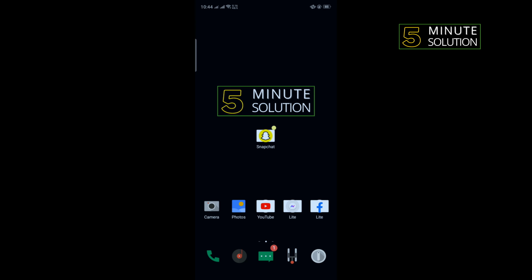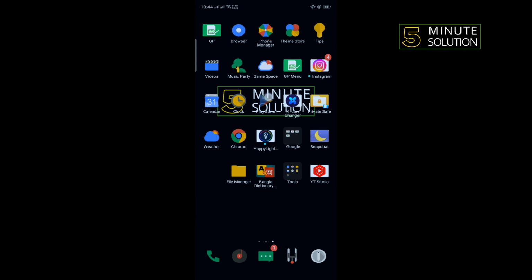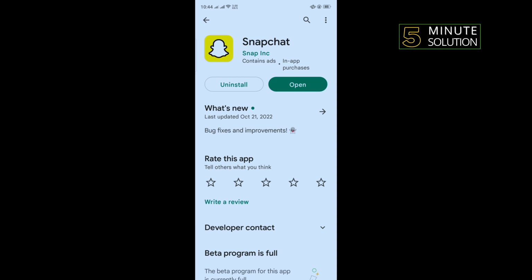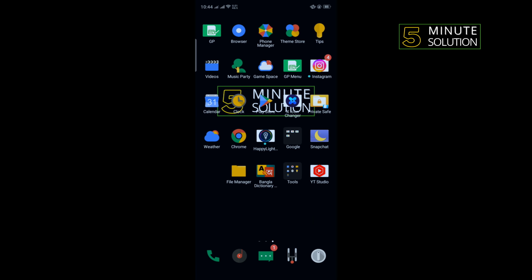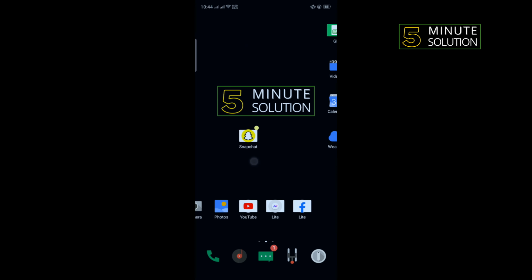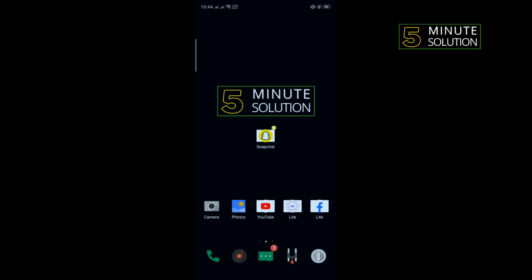So press and hold Snapchat and delete app from here. Then go to Play Store and search here Snapchat. After uninstalling Snapchat, you will need to reinstall your Snapchat from here and then check the problem if fixed or not. And the last and final solution is we need to uninstall our Snapchat and we need to install an